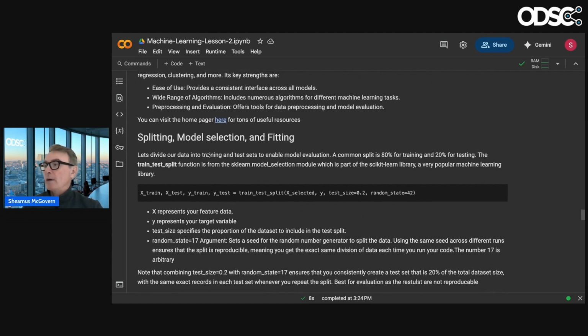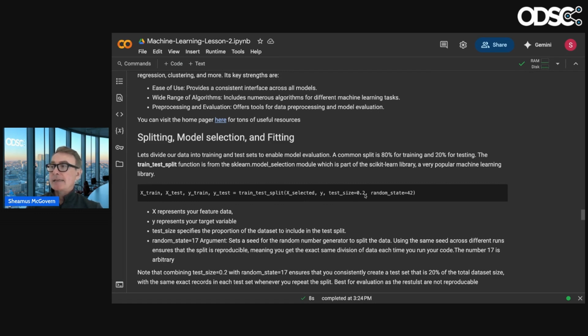As mentioned before quite a few times, what we want to do is first get our data set and split it between training set and test set. And so you may have all been wondering, how do I do that? Well, you just use this train, test, split method from scikit-learn.